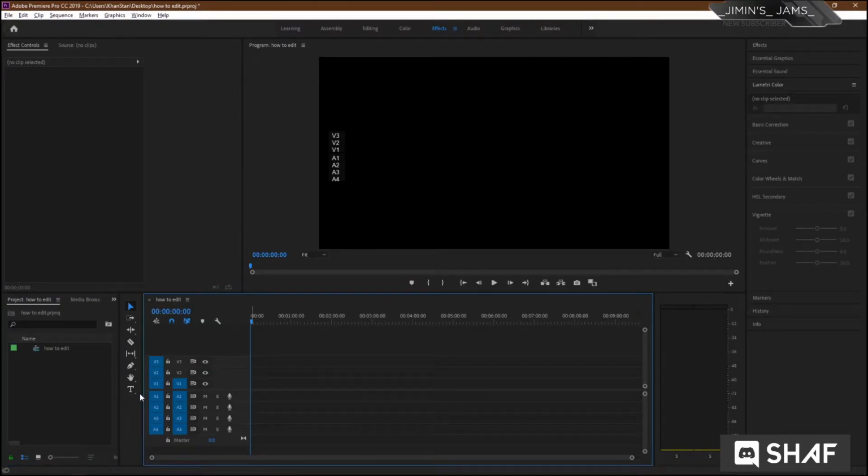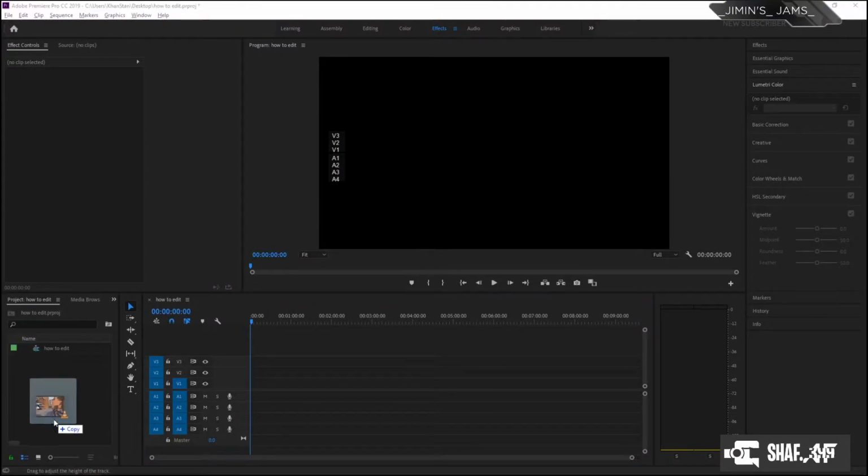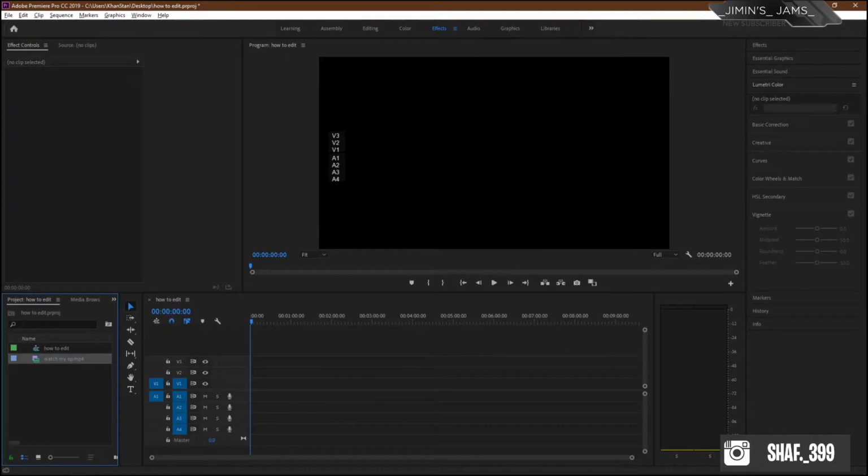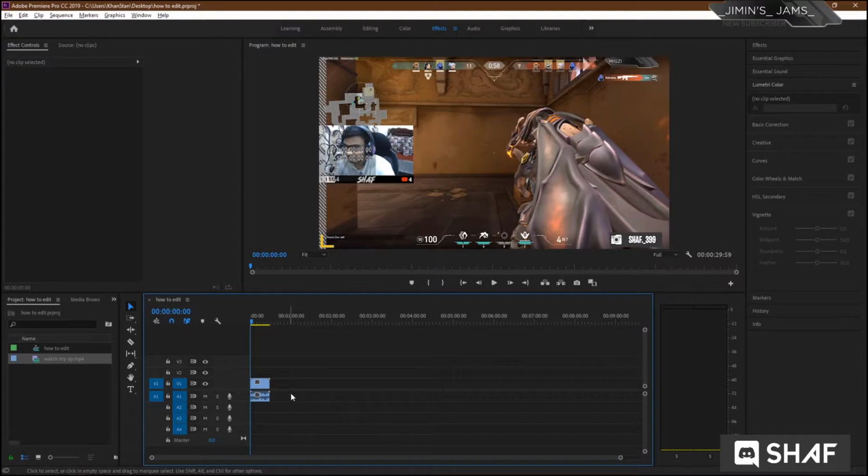Now you got your sequence, and this will show the video, 3 video parts and this many audio parts. You can add as many video parts as you want up above here. So let's select this one, as we are doing just an example. Select this clip. I used operator in this one, so just place your video in this media browser panel. This is called the media browser panel. So place your video right here, and you can drag this right here, one on the video and the other one on audio. The clip is small, so it will be hard to cut the video right here.